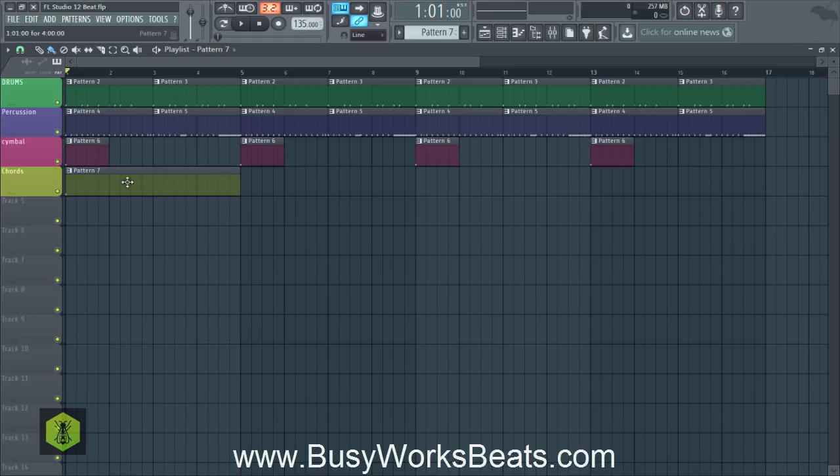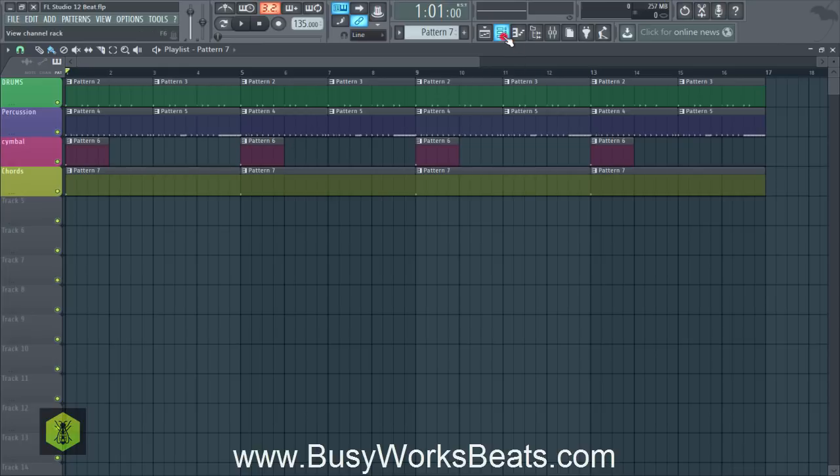So all that means is I'm just going to drag it out for 4 bars, and I'm going to select, hit shift, and then left click and drag. Thank you for whoever told me that shortcut. Hit shift, left click and drag. That automatically duplicates the pattern, okay, in the playlist mode.